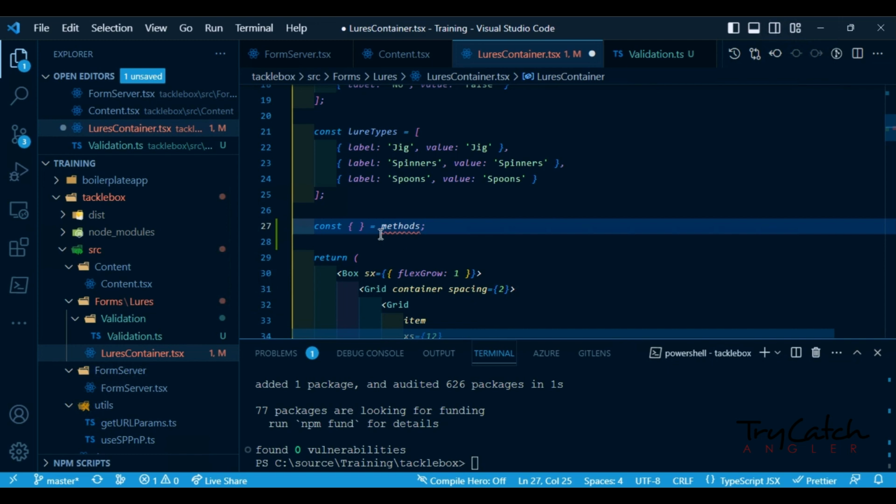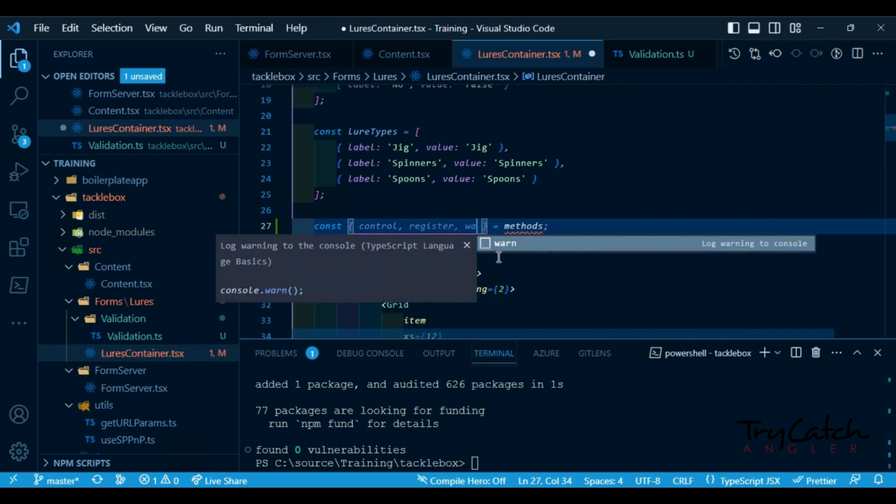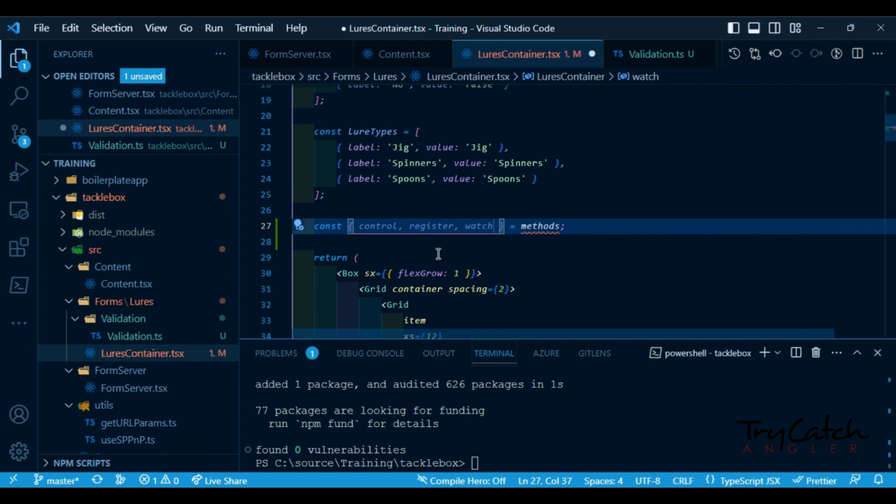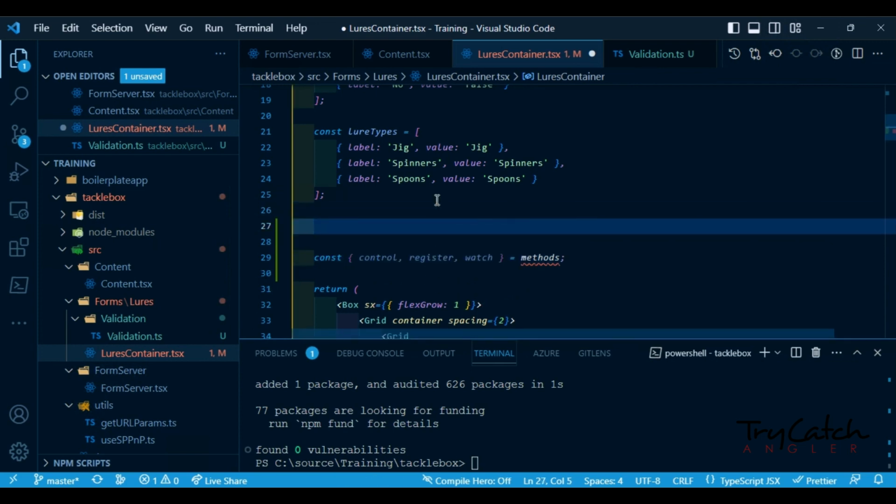This will all make sense here shortly. So the methods that we're going to use is control. And again, I'm going to explain all this. We're going to be using register, and we're going to be using watch. These are the three methods that we're going to be using. And methods itself